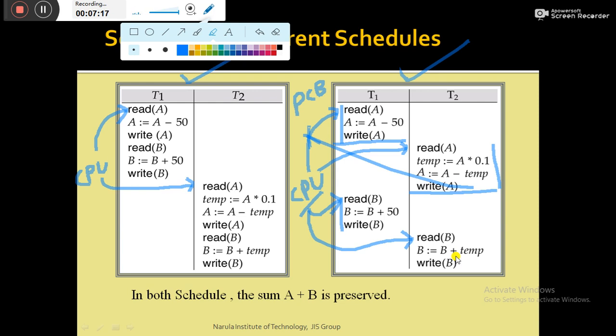and the switching between the transactions by the CPU is so fast it makes an illusion to the user that CPU is executing all the transactions at the same point of time.